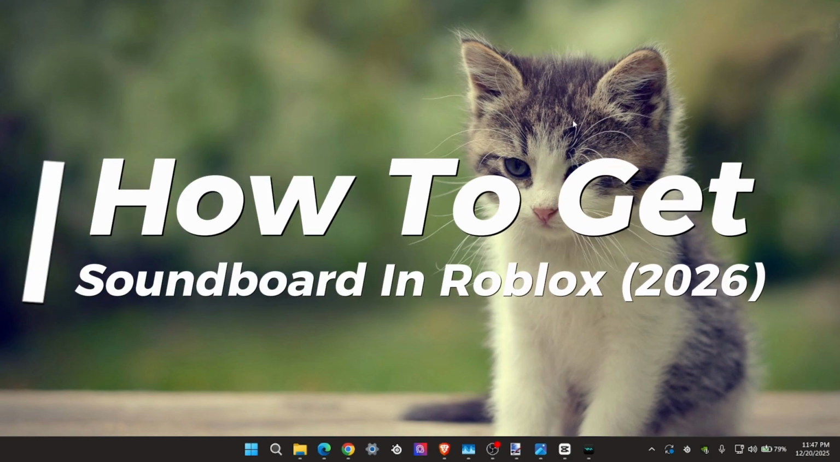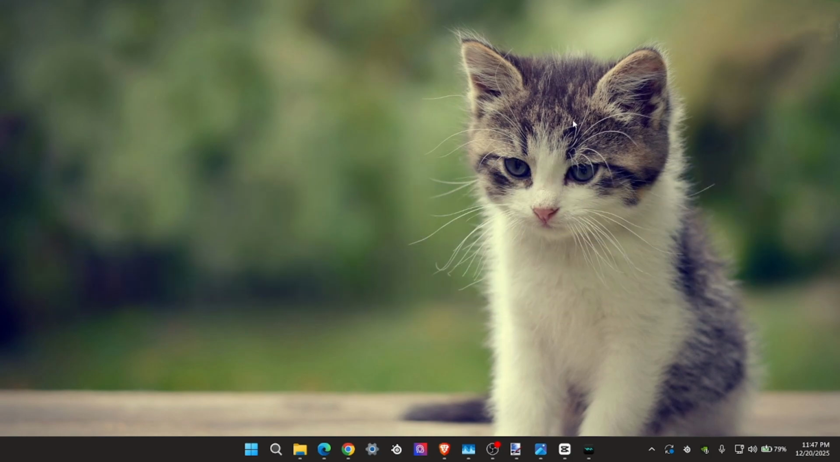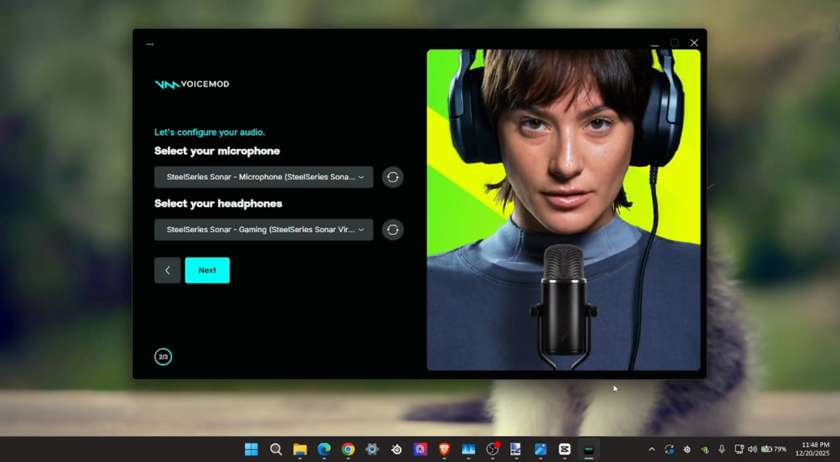How to get a soundboard on Roblox. So first you're gonna have to get yourself a soundboard. There are lots of those available online, but a reliable one is Voicemod over here. There are some features that are unlocked via subscription, but just go ahead and get yourself something like